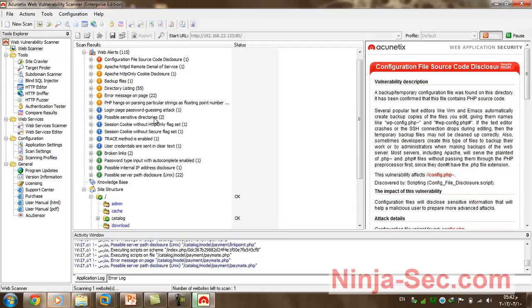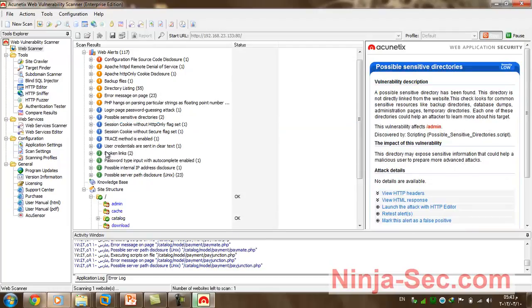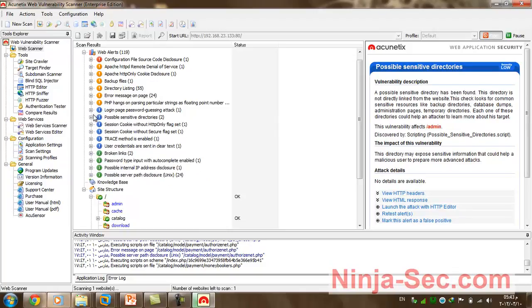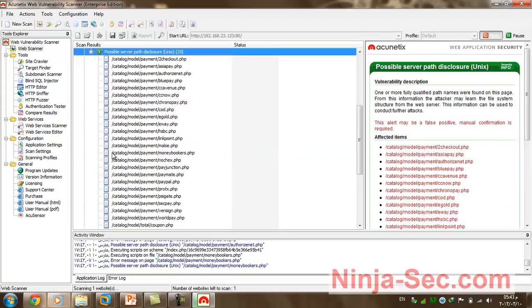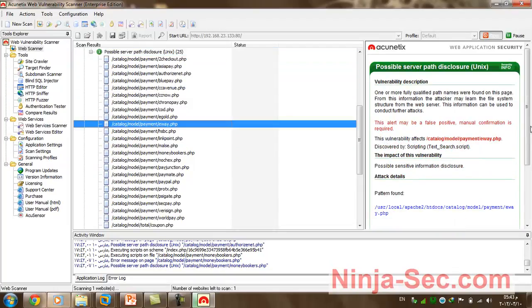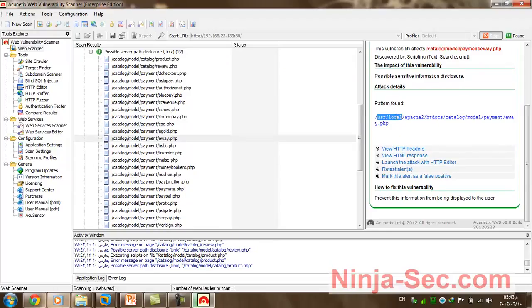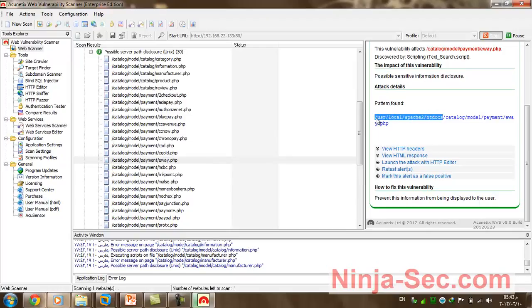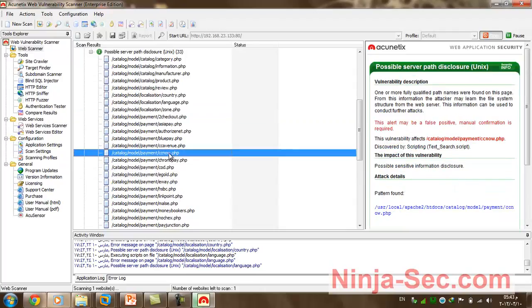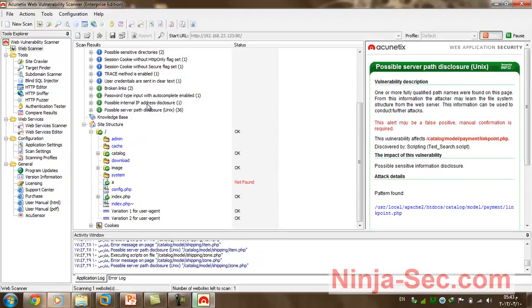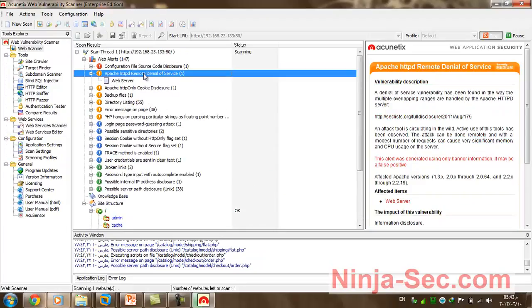And you can see here possible sensitive directories here and here also, and here internal file system disclosure. You can see here it is files Apache htdocs or www directory. Here server path disclosure is very interesting information, and you can see that Apache is